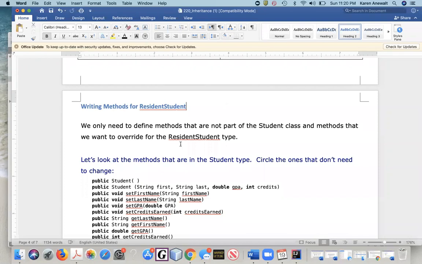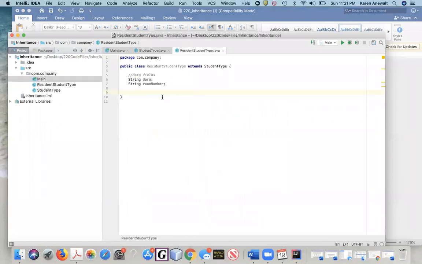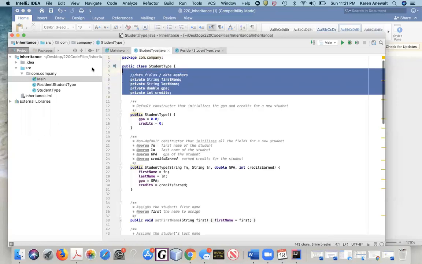In this video, we're going to talk about the methods for the resident student class. We're defining the resident student class by using the inheritance relationship to inherit the data and methods from the student class and save ourselves time in the implementation of this new data type. We've already looked at how to define the data fields for resident student. We included two new fields, dorm and room number, and we're inheriting all of the other data fields from the